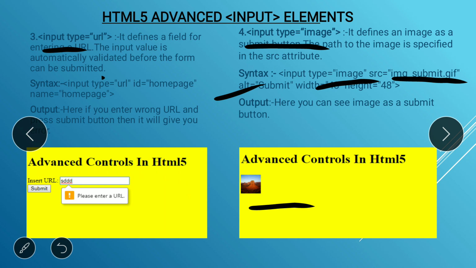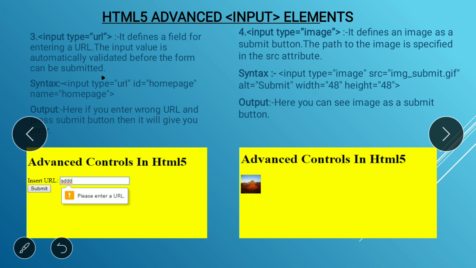So src is nothing but the attribute of the input tag which is used for the image value, right? Alt, what is the alt? Alternate text, which we already learned about. What is the width and height? Yes, this is also an attribute of the input tag which provides the height and width for the image.